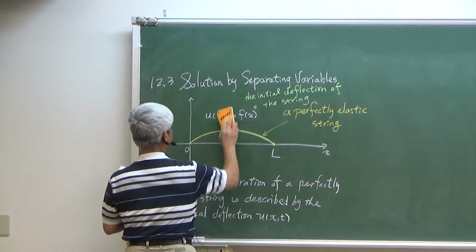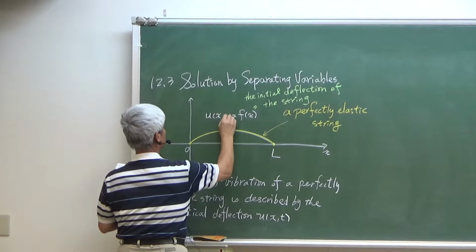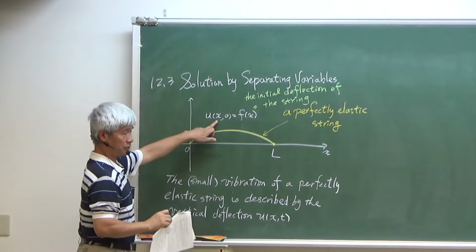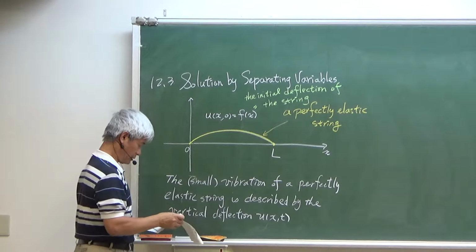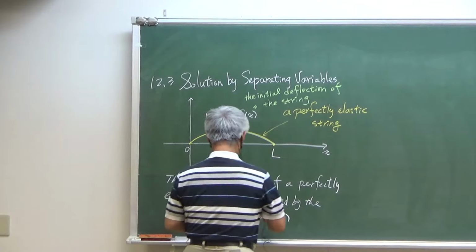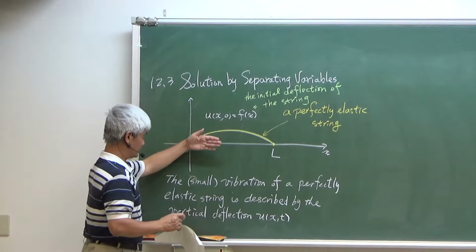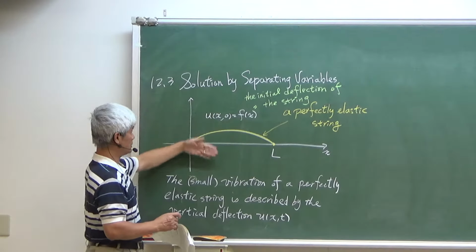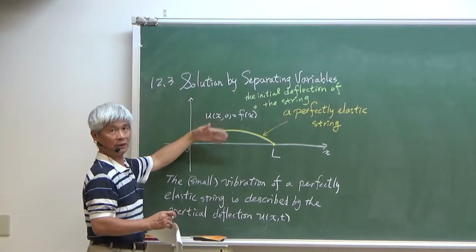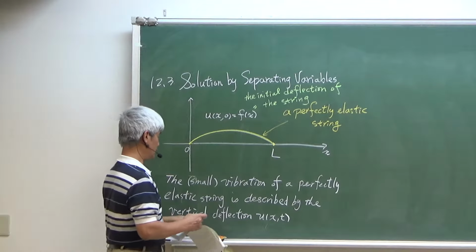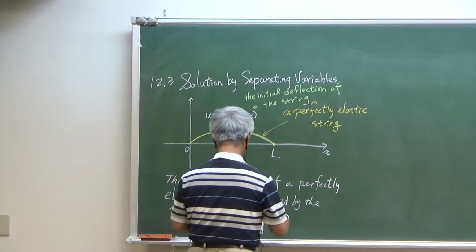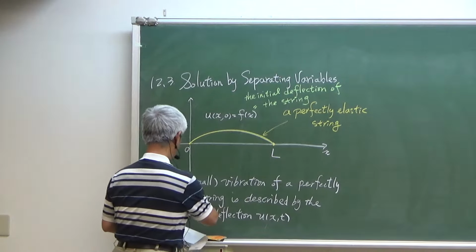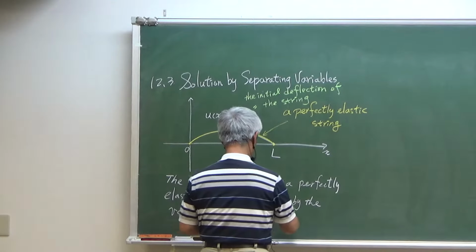I'm sorry, I have to change the order of parameters. So the spatial parameter x is put in the first coordinate. We assume we have only vertical deflection, so it is called a transversal vibration, and by the vertical deflection,